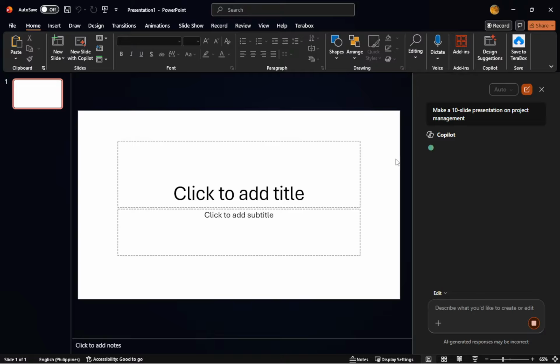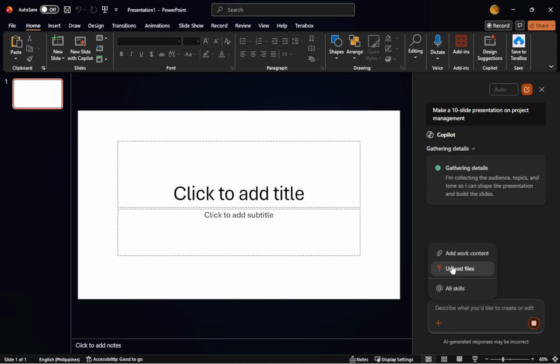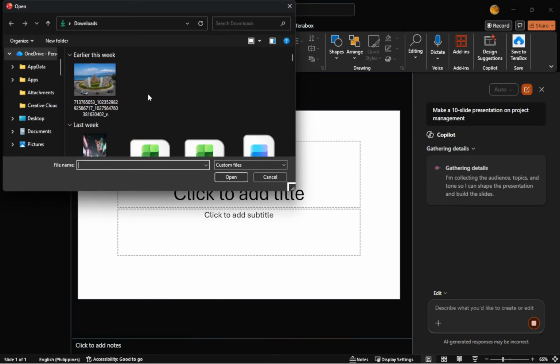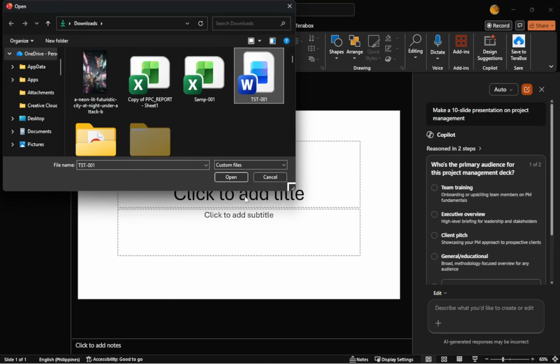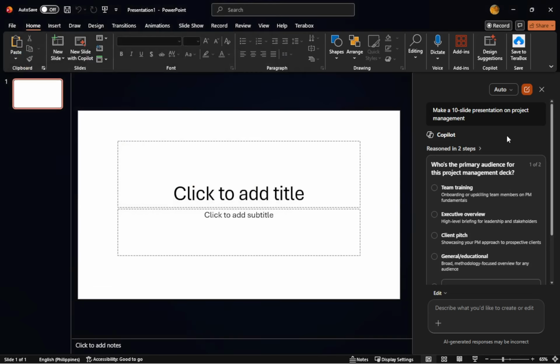Moving on, you can also create slides from a Word document. Start by opening Copilot again. Look for the option that says Create from a File. When you select this, you will be prompted to choose your Word document. Choose the document you want and let Copilot work its magic by turning it into slides. This is particularly useful if you already have detailed information in a Word file and want to integrate it seamlessly